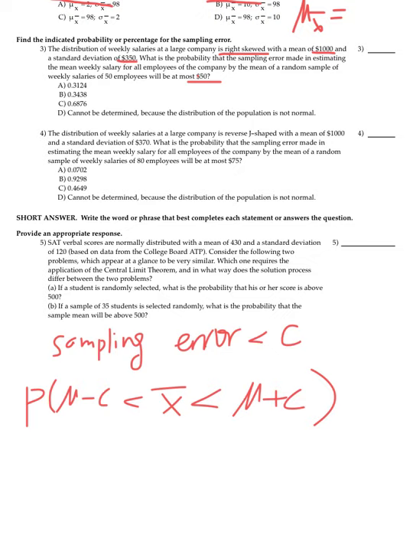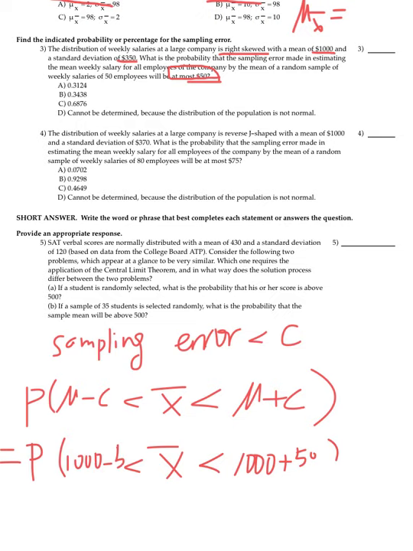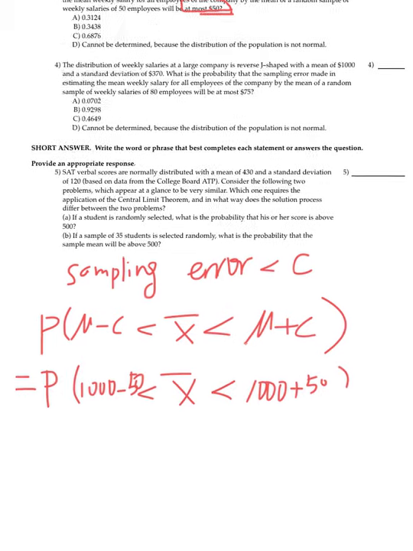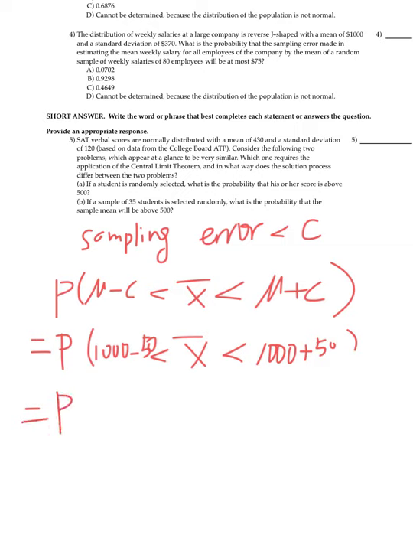At most, we have at most 50. The sampling error is at most 50. So C is equal to 50 for number 3 for this problem. So now this question becomes the probability for X bar less than the population mean, 1000 plus C, bigger than 1000 minus C, is equal to the probability for X bar less than 1050, bigger than